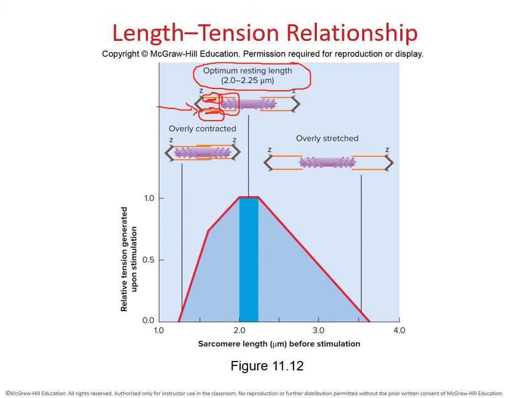If you overstretch the resting length, then that means that the muscle is already extended. It's minimizing the amount of cross bridges it can initially make. It's going to have a hard time making that initial contact between the thin and the thick filament. And if it does so, it has a hard time making the cross bridges.